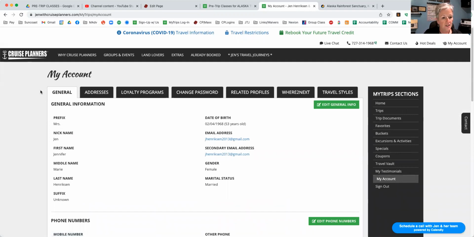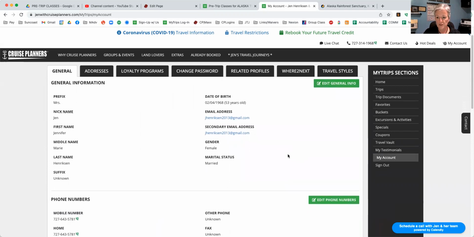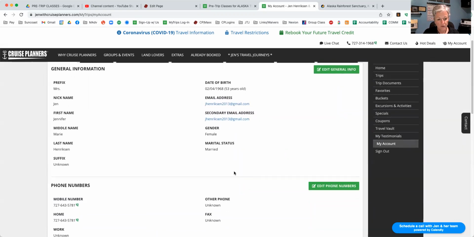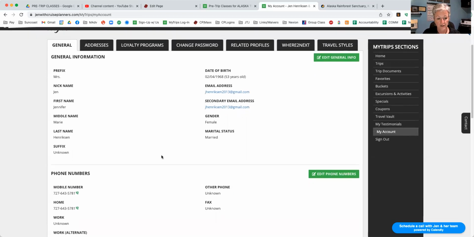Now, my account. Look at the tabs across the top here. They're going to show you everything that's on your profile that you're able to change. Here are the edit buttons for phone numbers and for general information. Anything that's on here that's incorrect, you can change it yourself right here to make sure that we have the